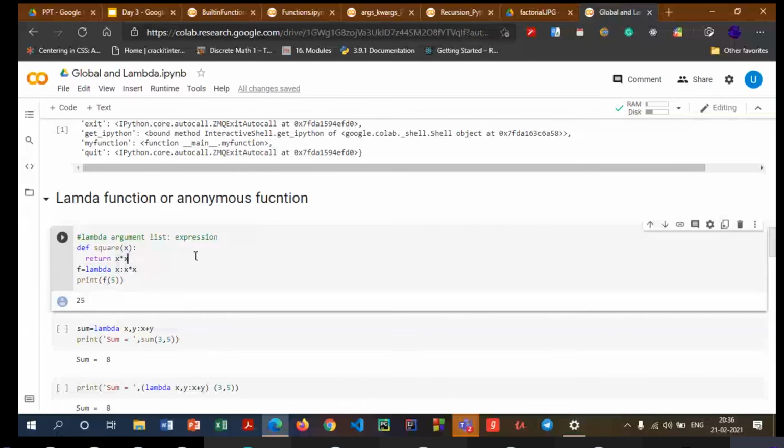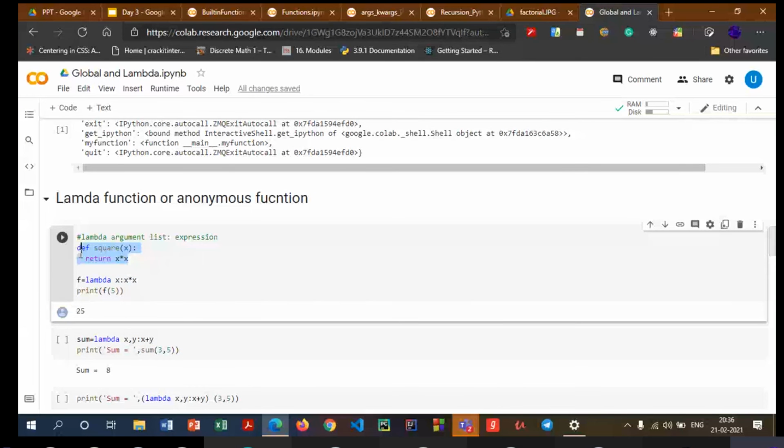So instead of writing this whole function using the def keyword and then a return statement, I can replace this whole thing in just one single line using this powerful lambda function. So have a look at this. We'll shortly decode what this consists of. First of all, we have the keyword lambda. Then we mention the parameters which it is going to take. In this case, it is only one parameter, that is x. And then we have the expression which we want to return.